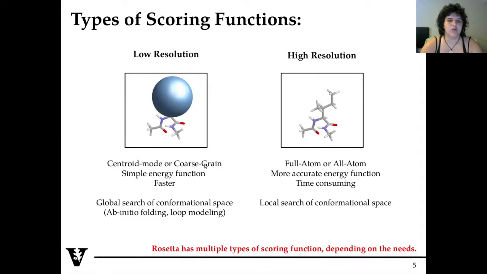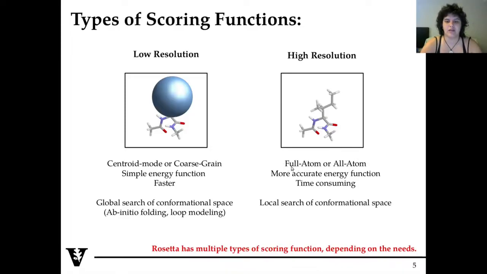The reason why we want to use a low resolution scoring function is that it is simpler and faster. So the calculation times are much faster than with a high resolution scoring function. This makes it optimal for a global search of conformational space, for example when you do ab initio folding or loop modeling. On the other hand, the high resolution scoring function is necessary because it's more accurate, and